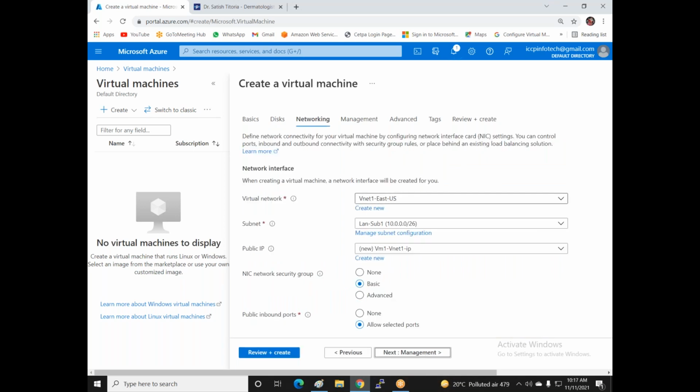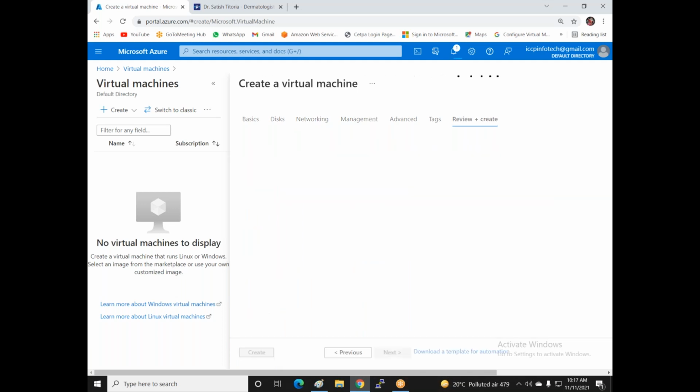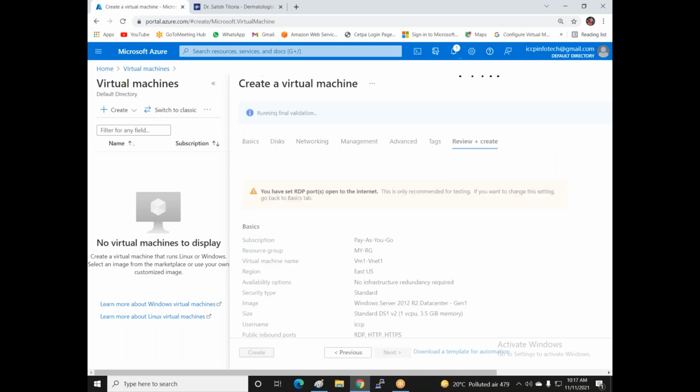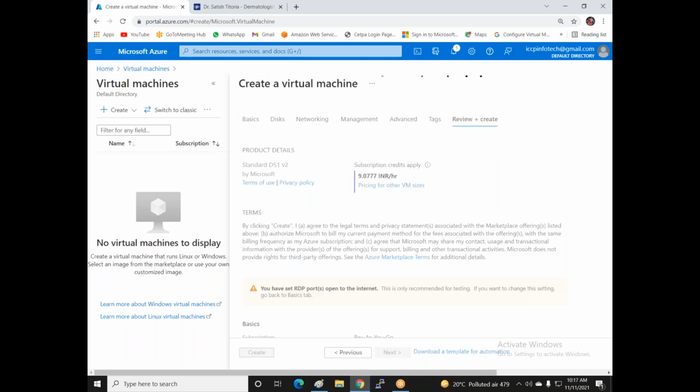You can see VNet 1 is already created and the LAN subnet is created. Review and create. Now I'm creating two more virtual machines, one for VNet 2 and another for VNet 3.